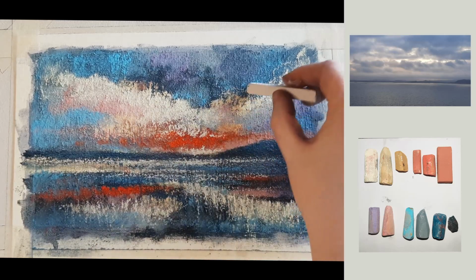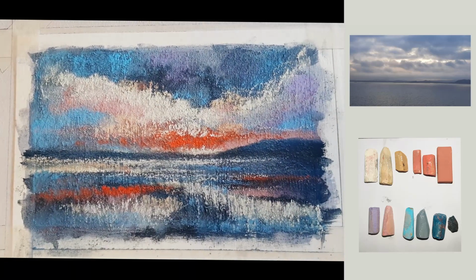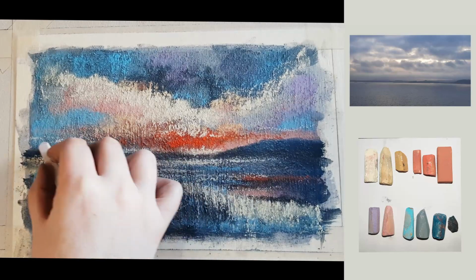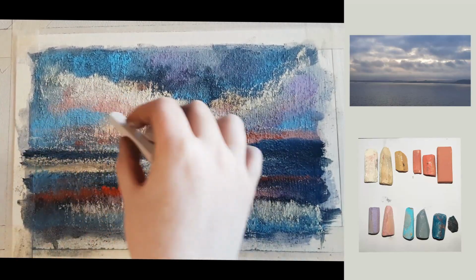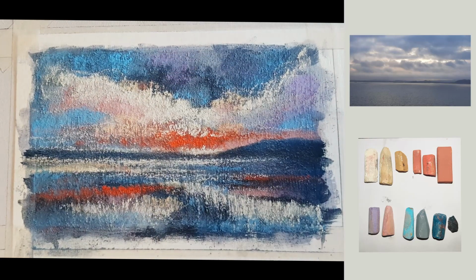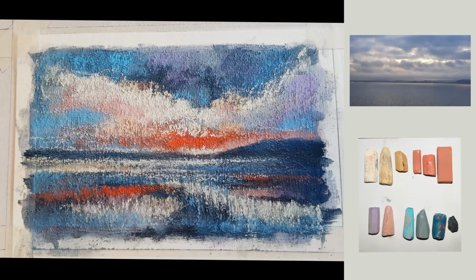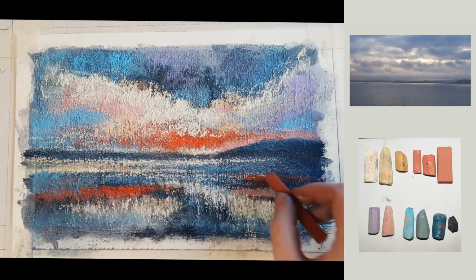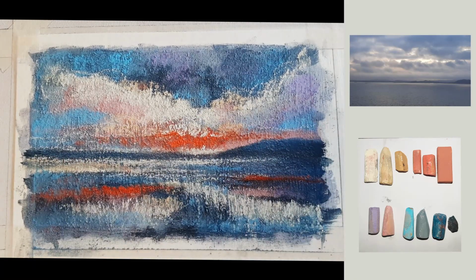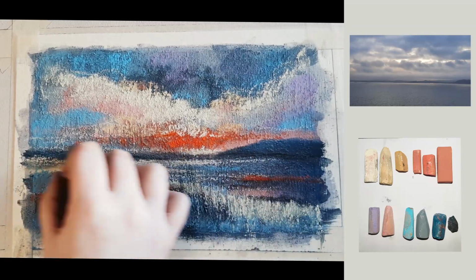So just gonna lightly scrub in some of these clouds because it's just annoying me. Just letting it roll basically, wherever it wants to go. It's the same with this orangey brown. I like it. I'm going to use my very, very dark brown. Hopefully that'll...